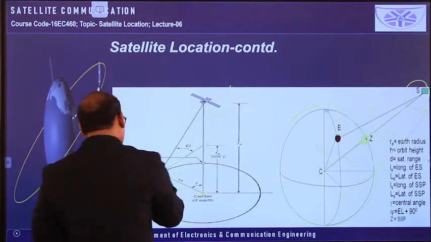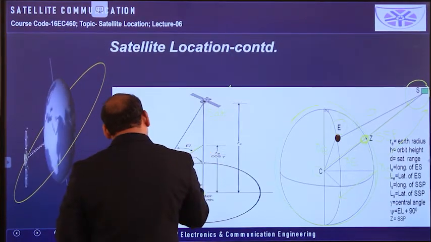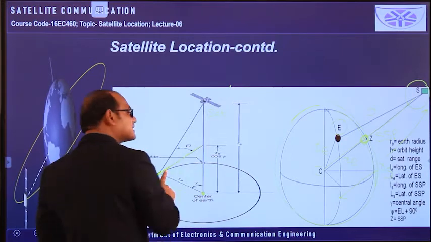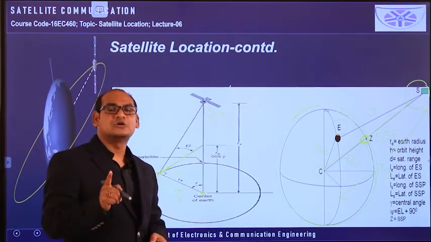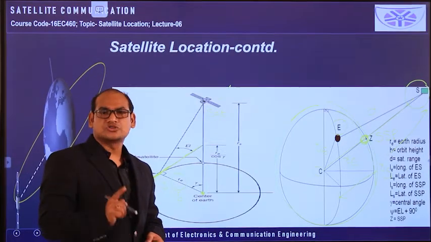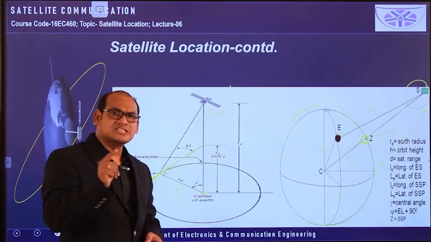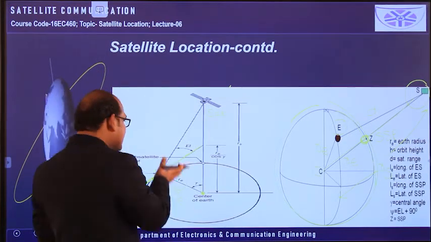So after taking this locally horizontal plane, on this plane only, from the north side towards the east side, we have to travel the distance of the azimuthal angle. That is the angular distance. By traveling the azimuthal angle, in this view we cannot see that one, because this is the